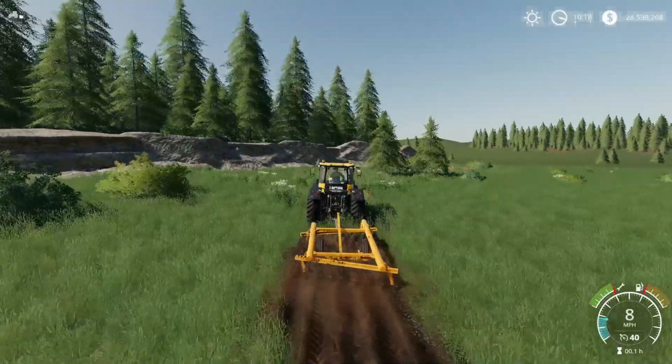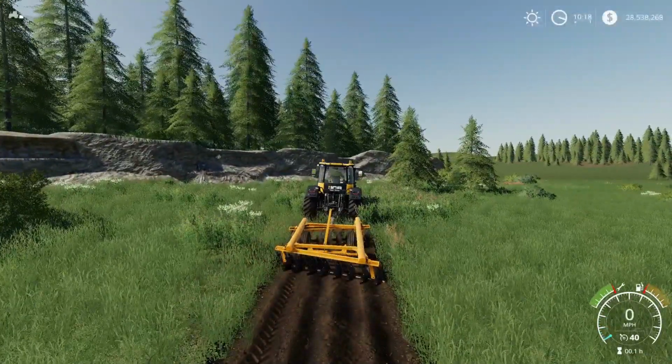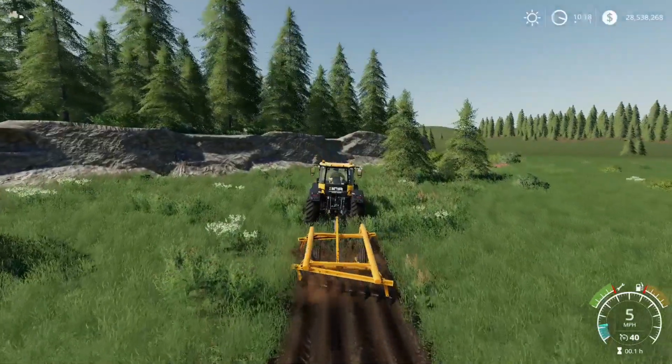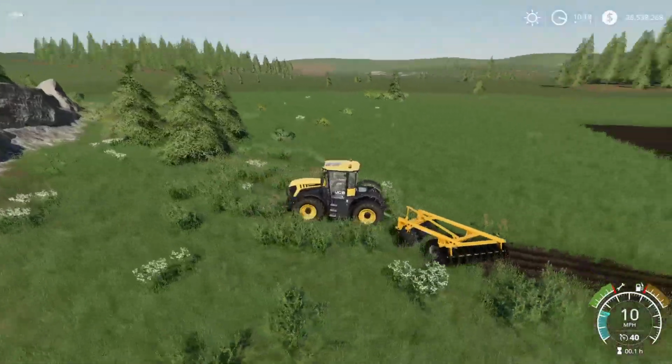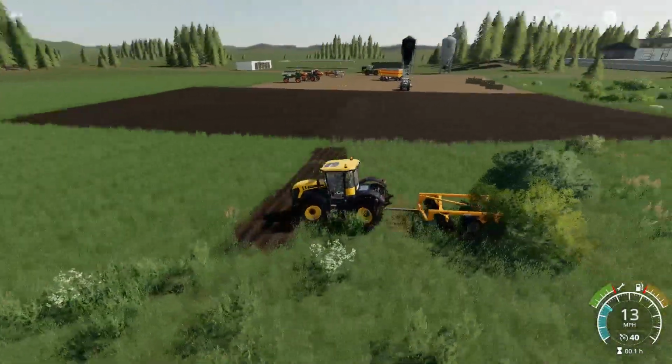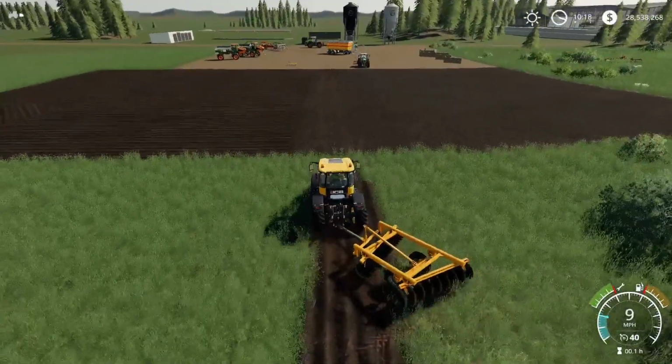And now you can create your own fields, should you wish to do so. L1 and triangle, and it stops like so. So if you just want to set a worker off, you can. But if you want to create your own field yourself, L1 and triangle, and you should be good to go. Right, I'm going to leave that there